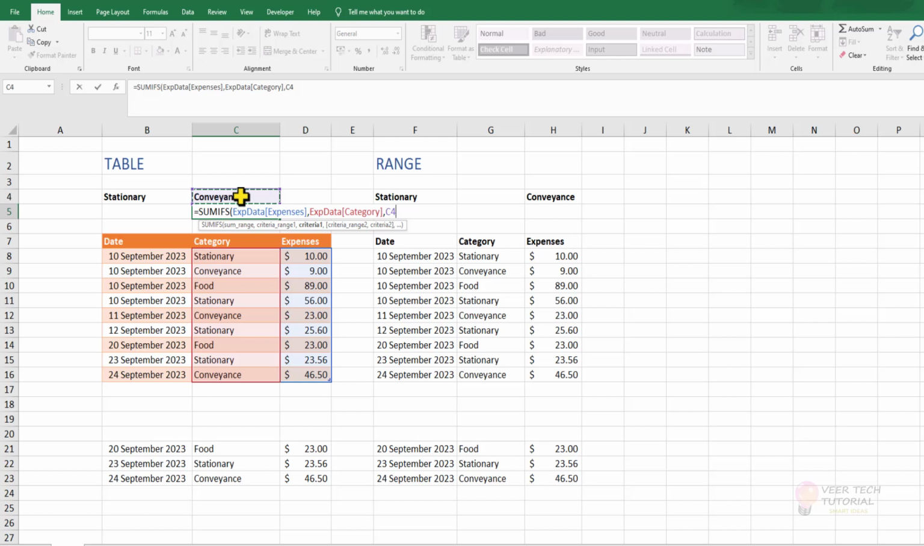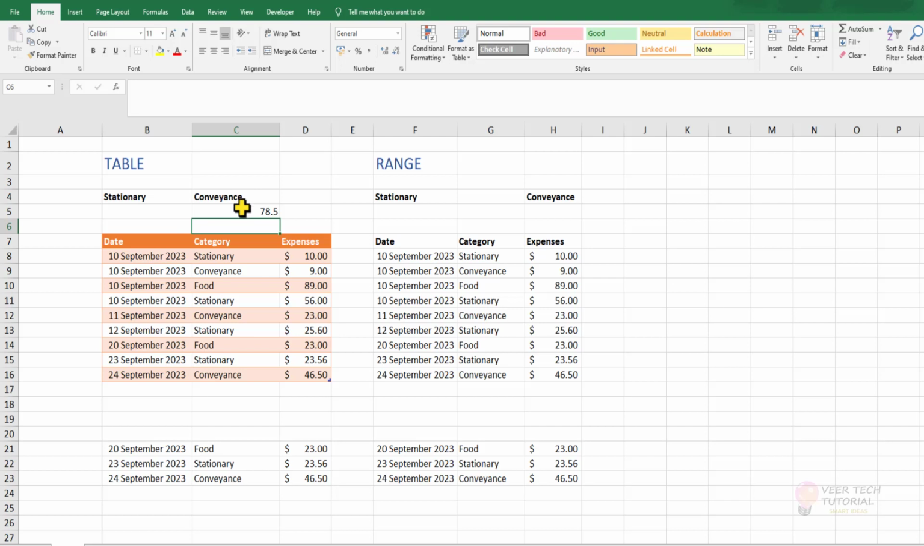So whatever text I put over here, the system will calculate automatically. But before that I have to make it constant using F4, so the C4 cell becomes constant. Now close the bracket, press Enter, and we got our answer, 78.5. We can convert this to currency,